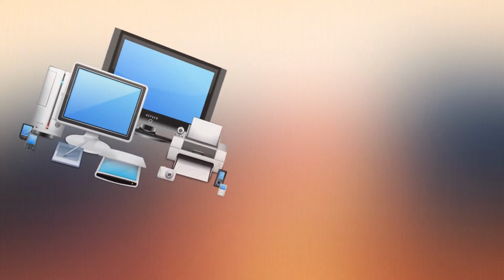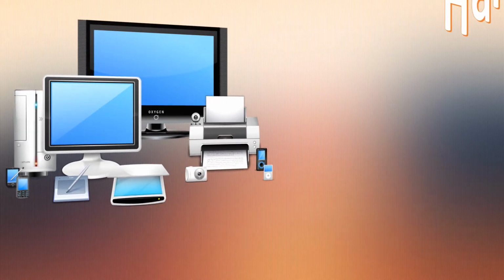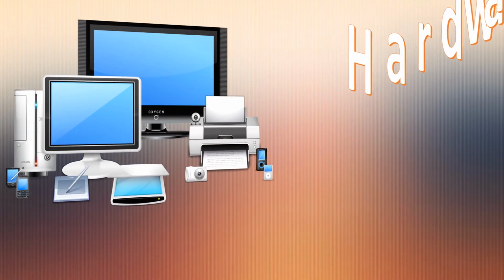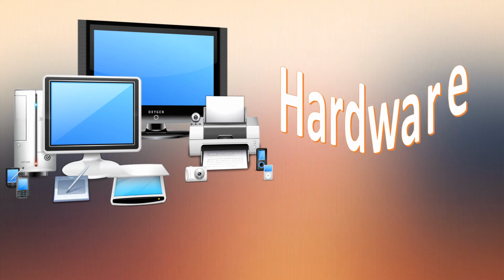We now know that the four main parts of a computer are the keyboard, mouse, monitor and CPU. These parts are called the devices. All the devices work together to give the result or the output. There are some parts or devices of the computer that you can touch and connect to the computer. These are called the hardware.